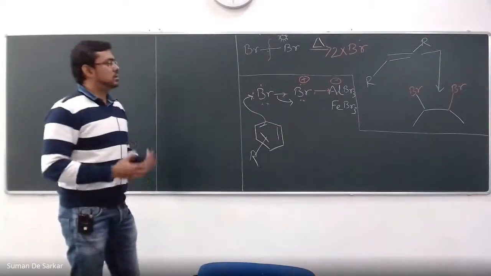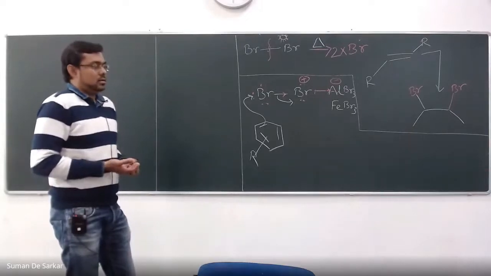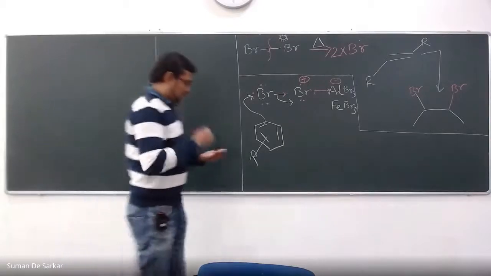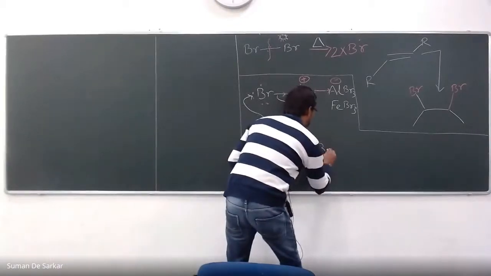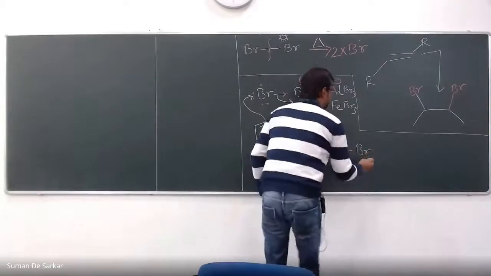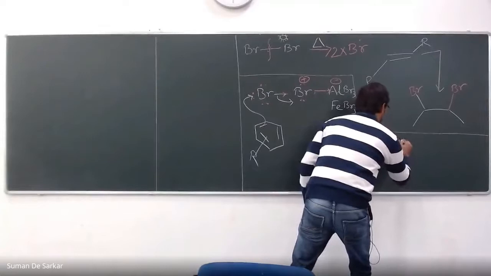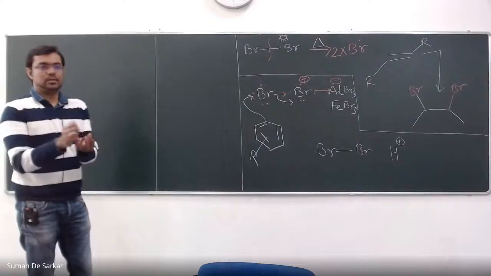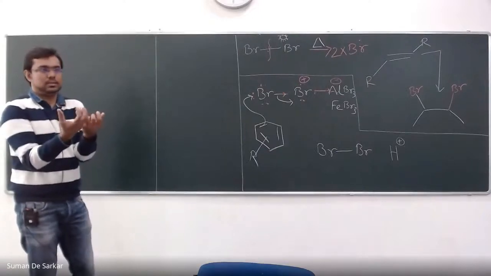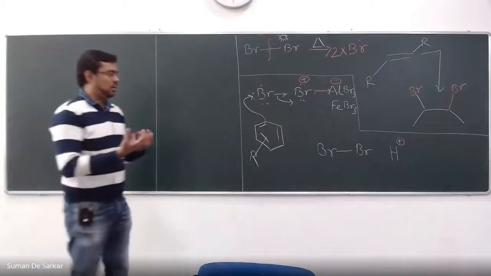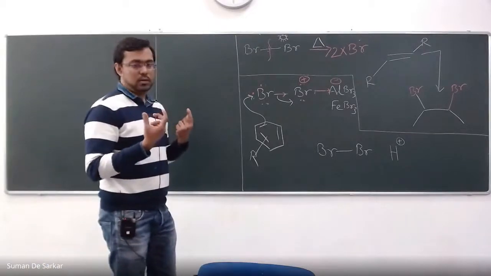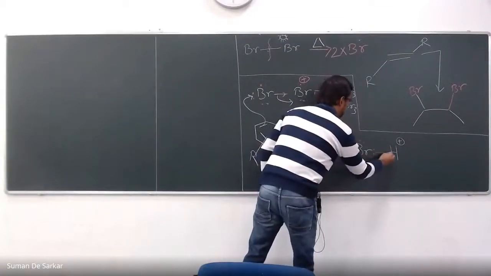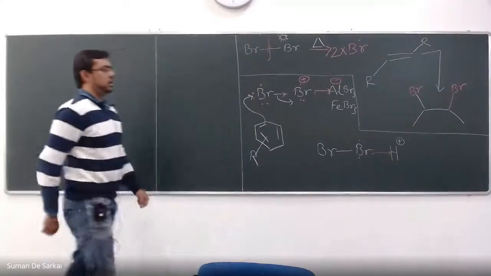So can we take something which is even easier to handle but will serve the same purpose? Yes, the answer is yes. How? The Lewis acid that we are using, we can replace that with a proton. Why don't we replace it with a proton? You can consider the proton as a tiny Lewis acid, which also likes to have someone with a lone pair of electrons. Like this, it can also attach or coordinate.